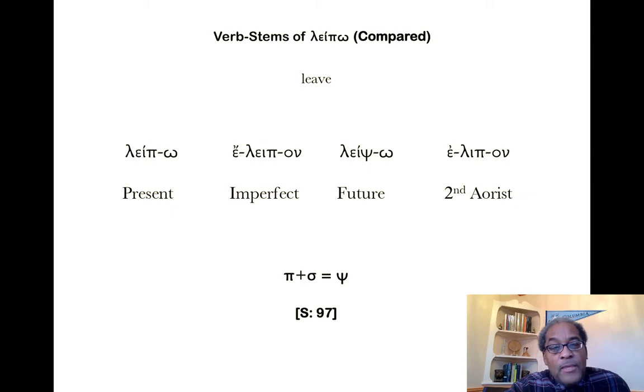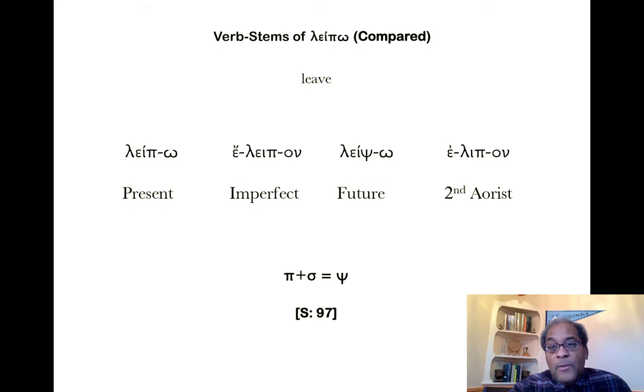You see that both the present and the imperfect have the same stem, leip, with the epsilon iota, but then the future shows the intrusion of the sigma because, as Smyth 97 tells us, pi plus sigma equals psi. So you get leipso, but with the same endings as the present. And then the second aorist, elipon, excuse